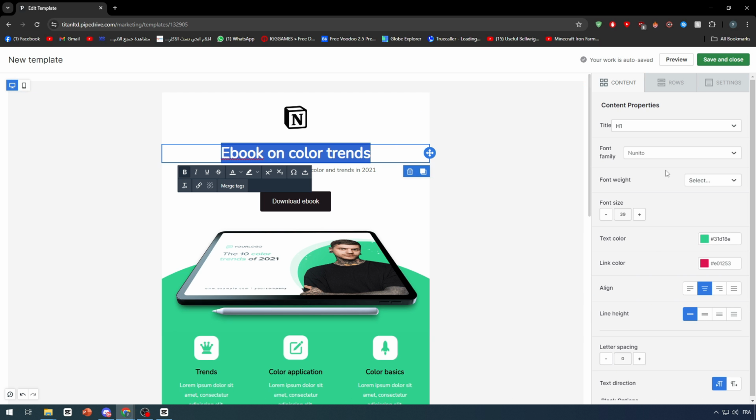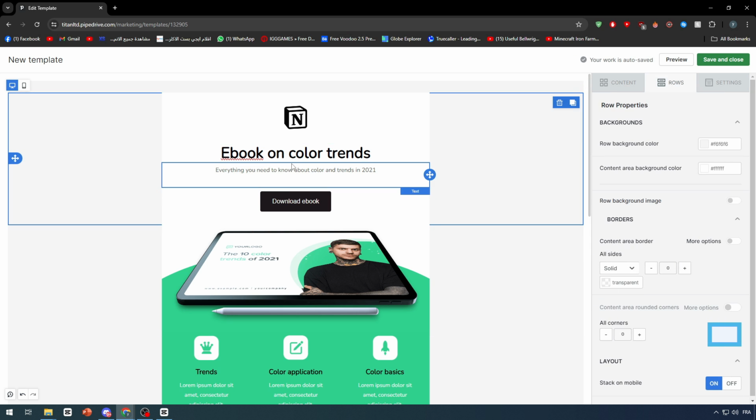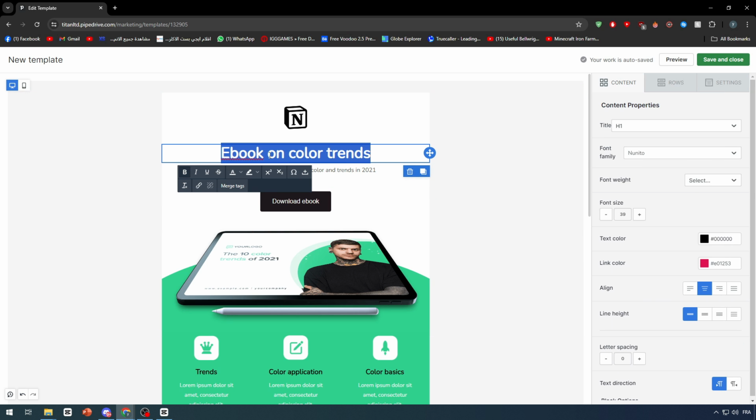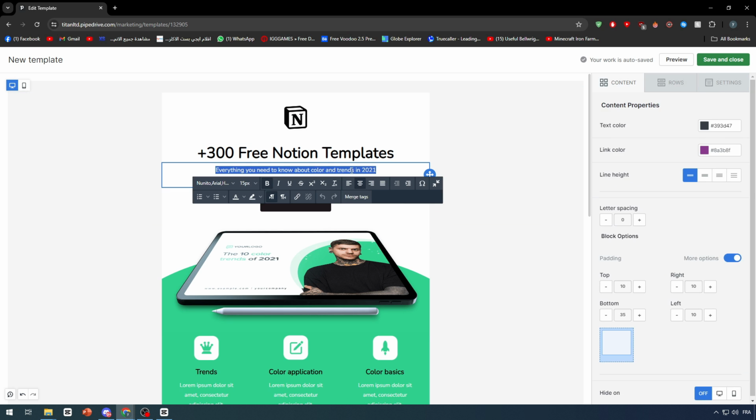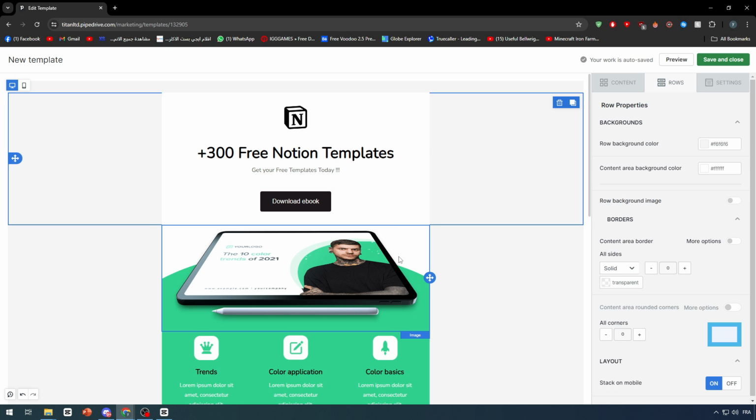So here we have the text, we can click on it and we can change it so it can match our design. For example, let's say we are selling Notion templates, so Notion templates. So let's do something like that, and yeah, this is something that is good. Get your free templates today, something like so. Seems nice. Now